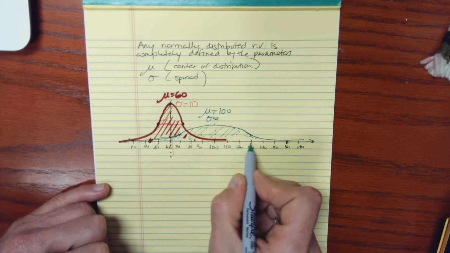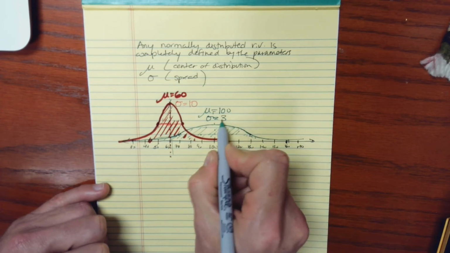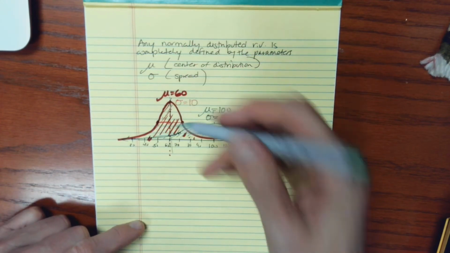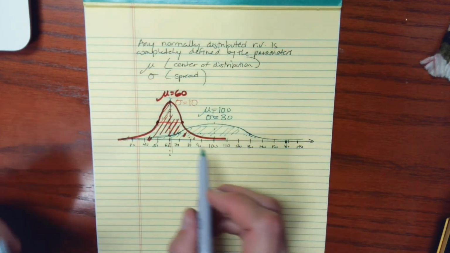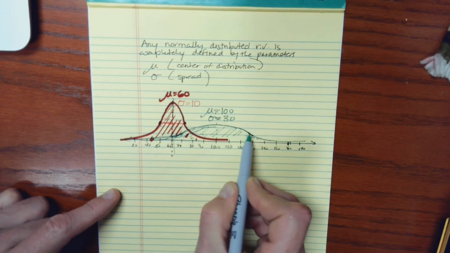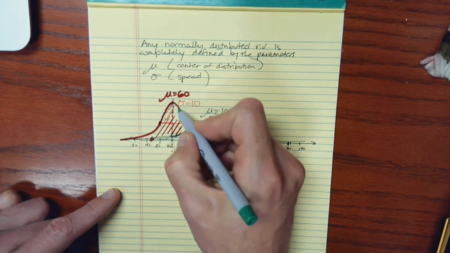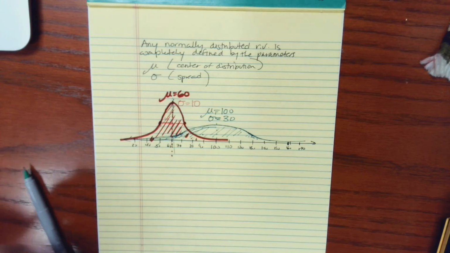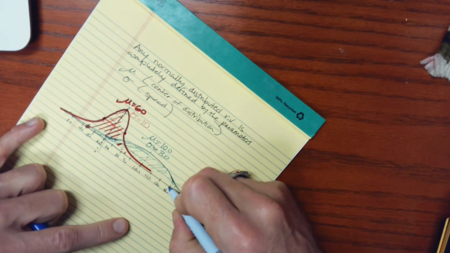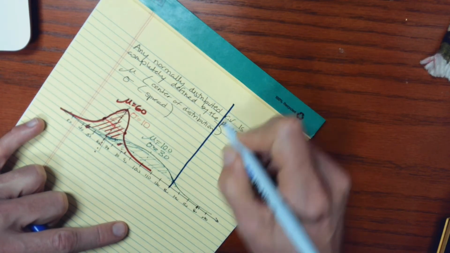So when I move the standard deviation out and say that it's 30 as opposed to 10, I end up with this kind of short and squat, flattened curve, as opposed to this that is a little bit steeper. And if I wanted to do even another example, maybe we'll have one centered at 130,